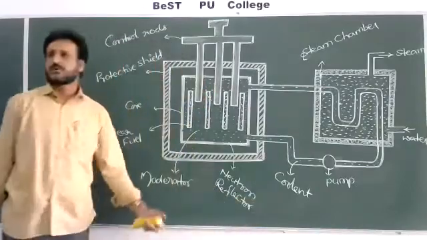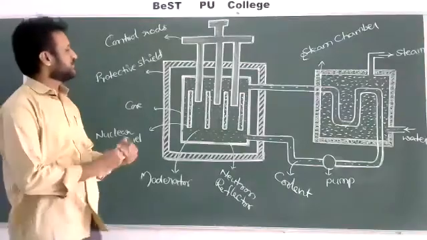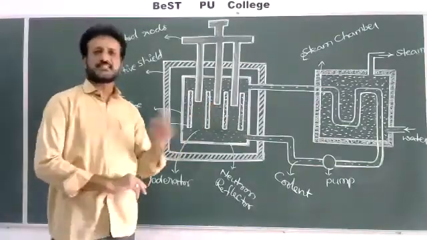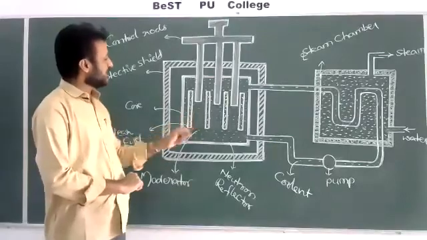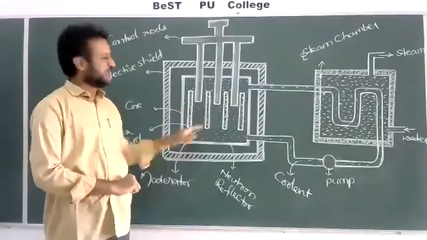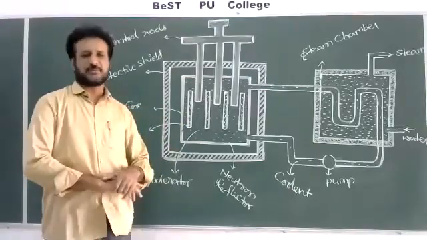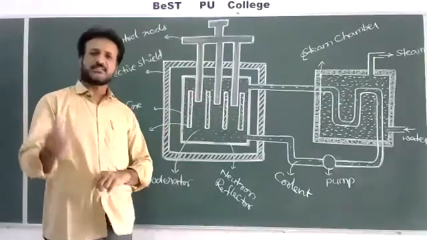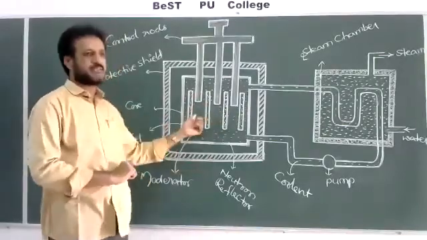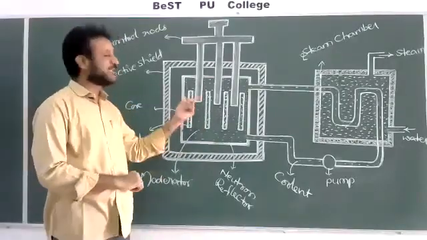But generally, how the process goes on inside the core of the reactor: first we have to start the reaction with a single thermal neutron. Whenever one thermal neutron is made to collide with uranium, the nuclear fission process starts. It breaks into nearly 2 equal parts, and 3 neutrons are liberated. These 3 neutrons again collide with the remaining uranium, giving 9 neutrons. Again the 9 participate in the reaction, 27.